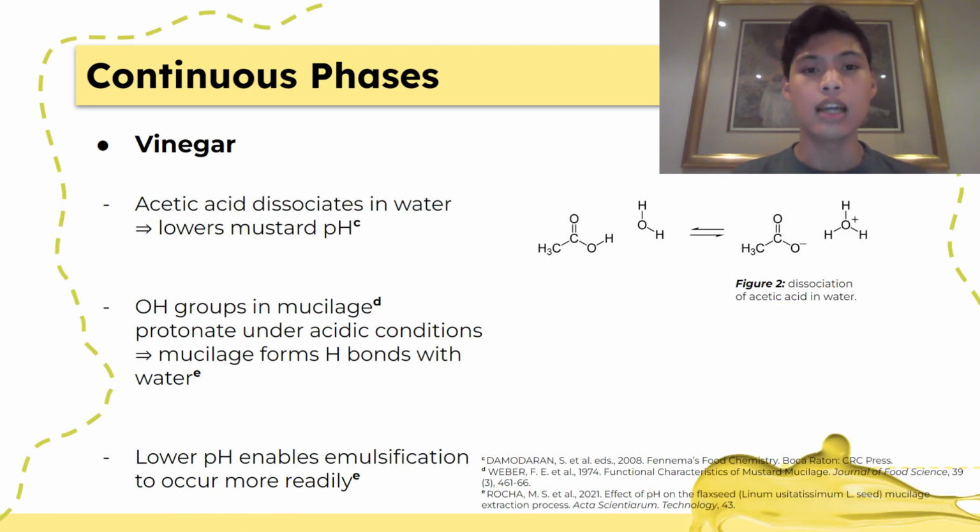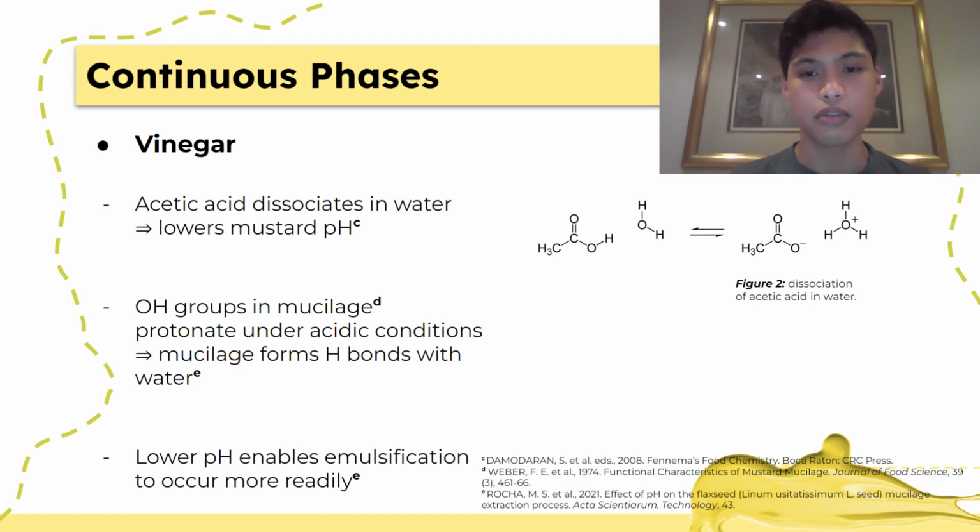On the other hand, acetic acid molecules from the vinegar dissociate in the water and lower the pH of the solution. This affects the mustard mucilage as it contains hydroxyl functional groups due to the presence of galactonic acid and other acids. In acidic mediums, several hydroxyl groups found in polysaccharides undergo protonation as the pair of electrons on the oxygen atom makes it act as a base.